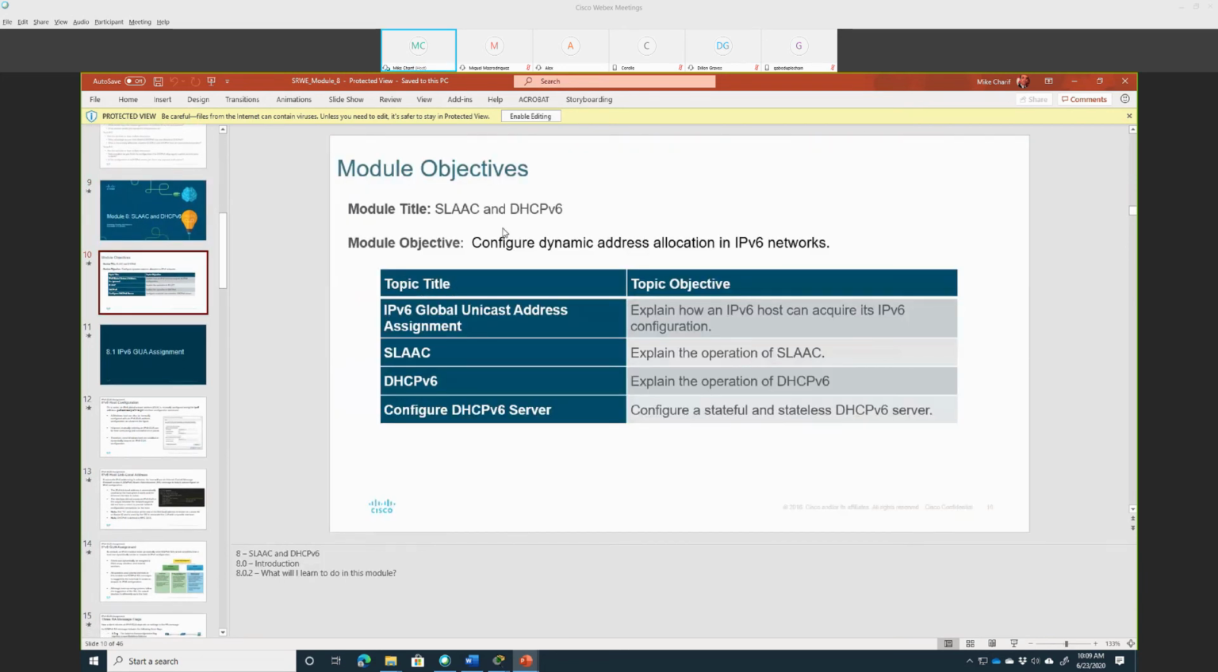So one of the objectives is to explain how an IPv6 host can acquire its IPv6 configuration. It's the same process in a sense, but a little bit different. Why? Because on IPv4 we use a broadcast, so that when the client boots up, it'll send a broadcast and ask if there's any DHCP server on the network. Now on IPv6 we don't have a broadcast. So how is the client going to get an IP address then? And that's what we need to discuss, because they use something called